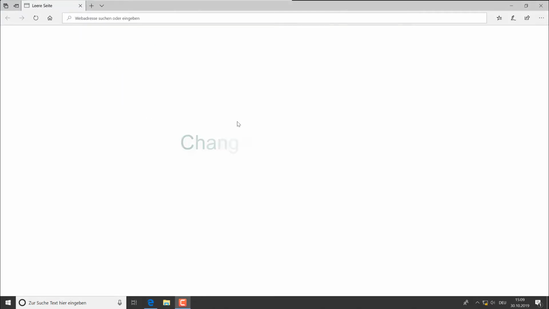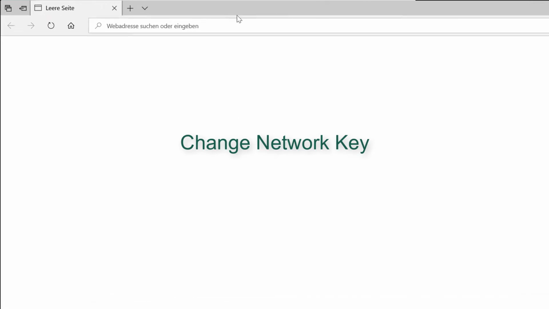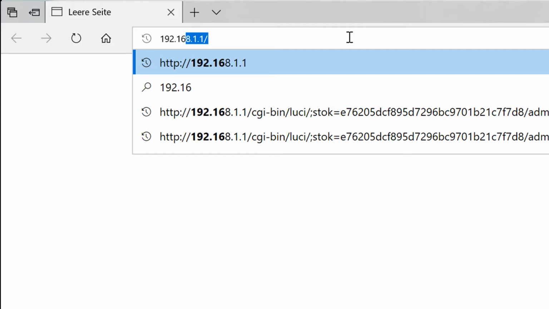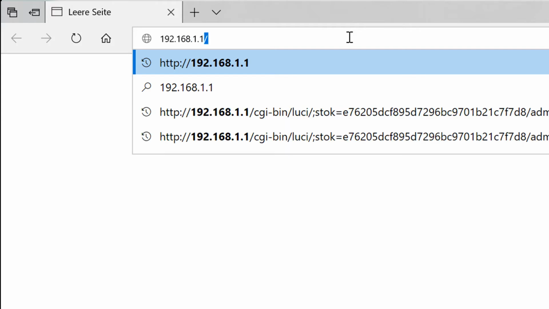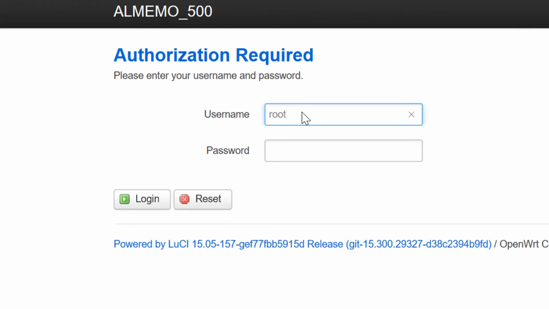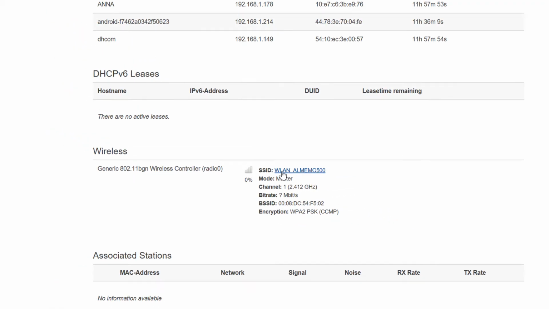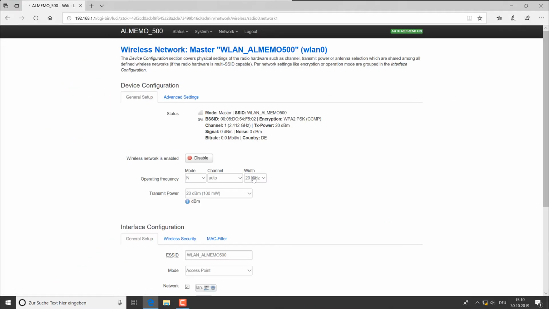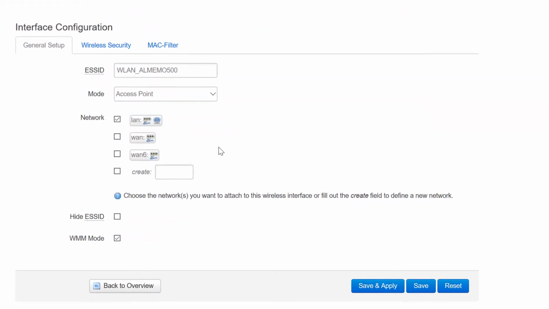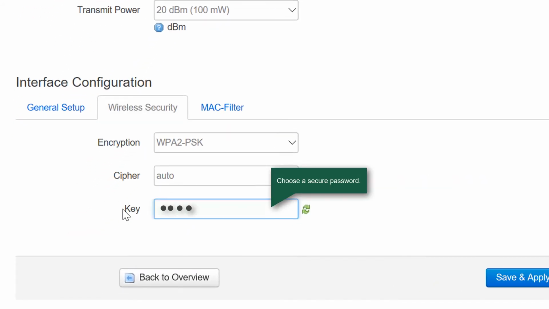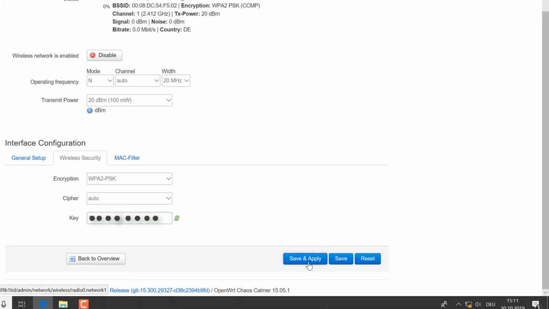point are disconnected. In order to change the network key, we log into the configuration page again. We enter the address 192.168.1.1, tap on Enter, type in the username and password and click on Login. We again scroll to the section Wireless, click on the current Wi-Fi SSID and scroll down the new page to the section Interface Configuration. In the tab Wireless Security, we enter the new network key in the field Key. As soon as we click on Save and Apply, the network key is changed and all connections to this access